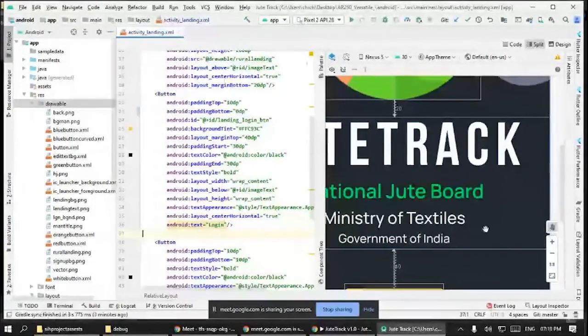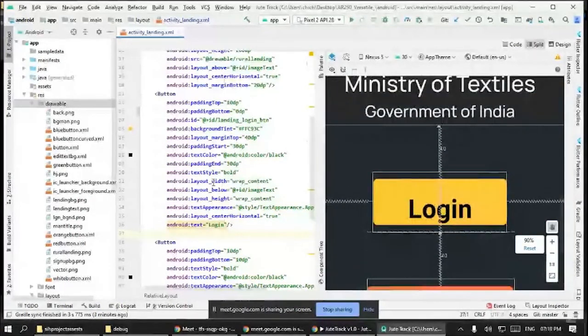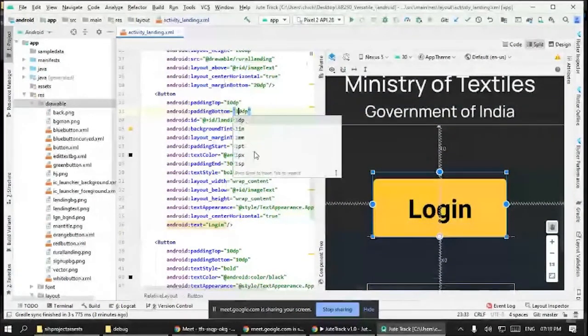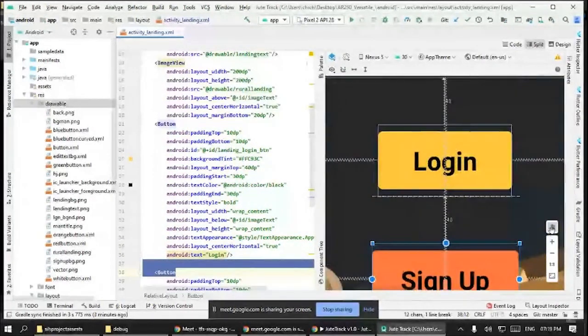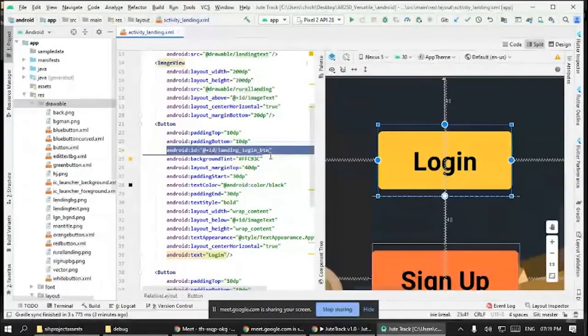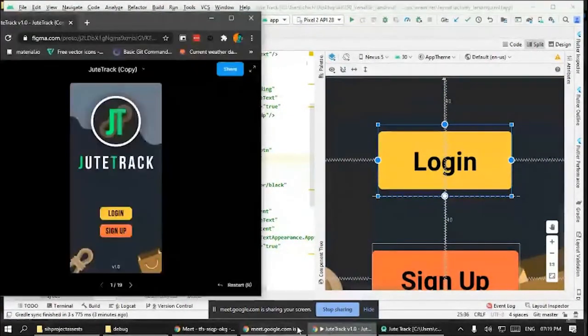I cannot. I will use this hand tool and show you. If I keep it here at 10, it's bigger and looks kind of similar to Hemant's design. Then I used an ID to identify my button, and here is the thing: I used background color. It didn't work for me, so I used background tint and got my job done. And it must look the same as Hemant's button color.